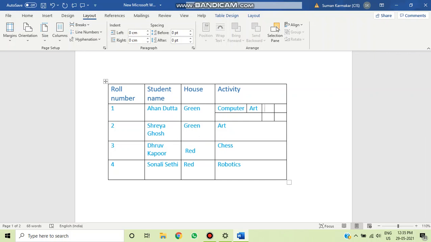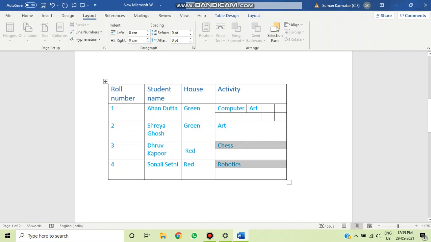The next thing that I want to show is how to merge cells. If you want to merge two cells, then how can you merge? Say I want to merge these two cells, then I have to select these two. If you want to merge more than two cells, that is also fine. So you have to select the cells that you want to merge.